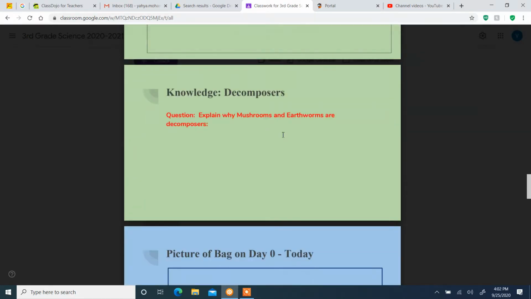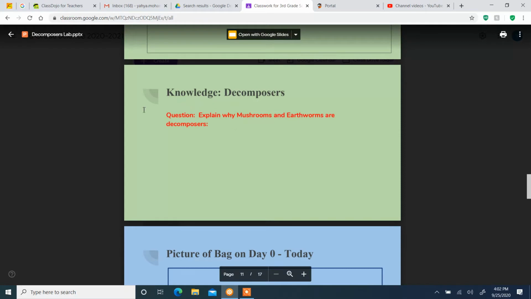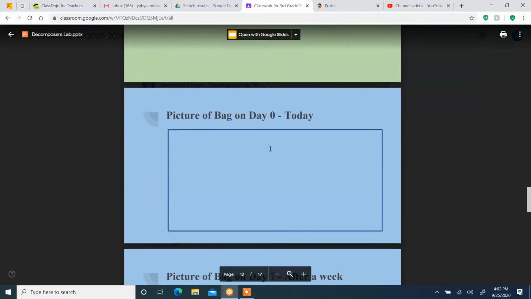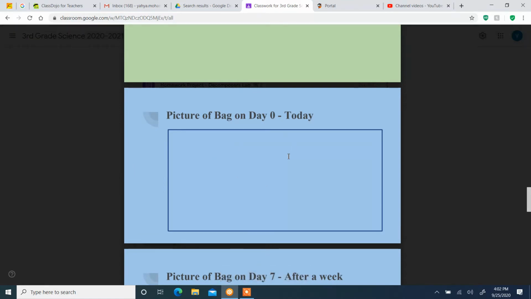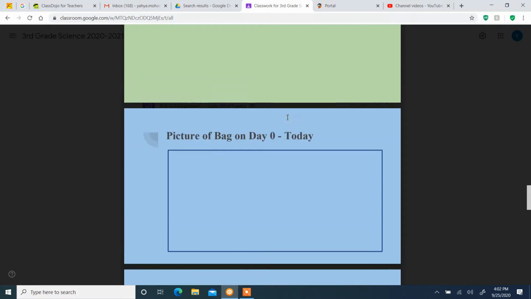These are the ones that were supposed to be done on Wednesday in class, due at the end of the day on Wednesday. The ones that are blue are due next Wednesday, after one week, because you have to let the decomposition go on for about one week. So the problem was